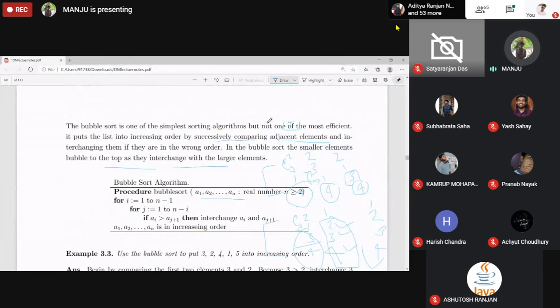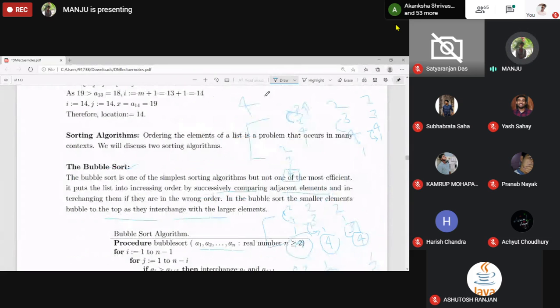So when the number of elements is 4, the number of passes is 3. When the number of elements is 5, the number of passes will be 4. If 6, it will be 5. That is, if the number of elements is n, then you need n minus 1 passes through the list. Okay? Got it?